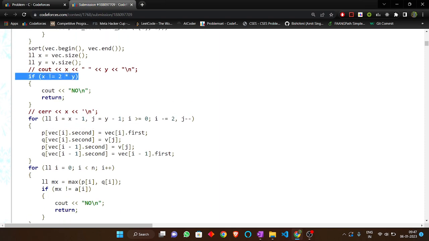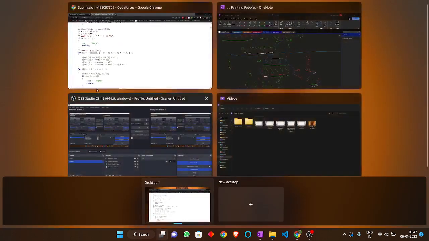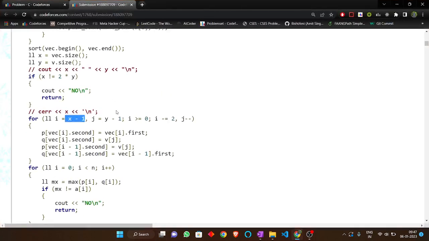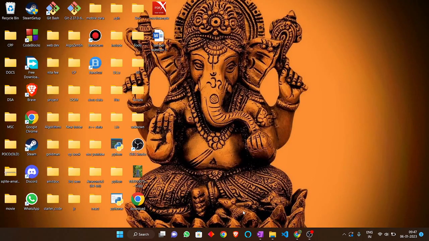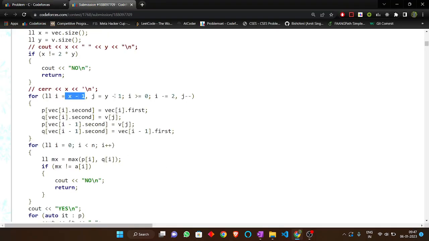In the first step I have to just reverse, taking the maximum values from those values which occur twice. So I take the maximum values, I run a loop from the back because I sorted the array first. And I run a loop for those numbers which are not present in the array, and this is also from the back because we know that in some cases, if I take from the starting, then